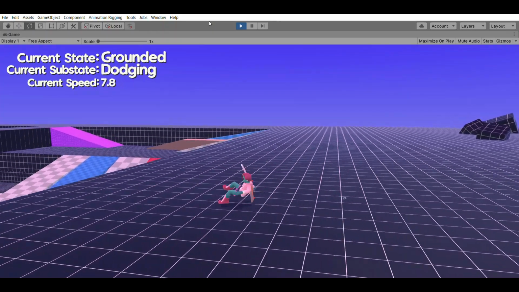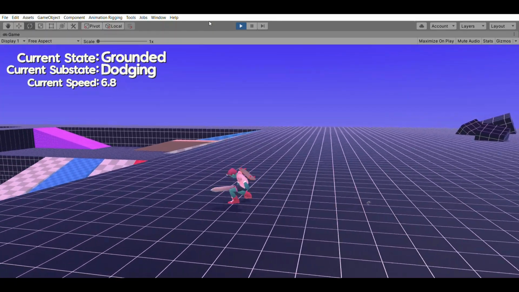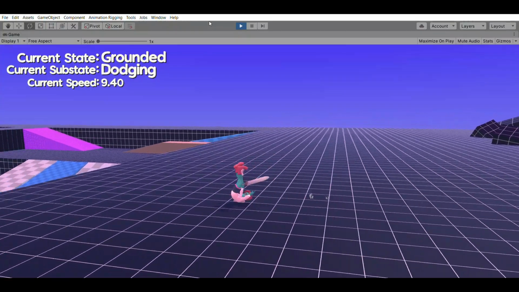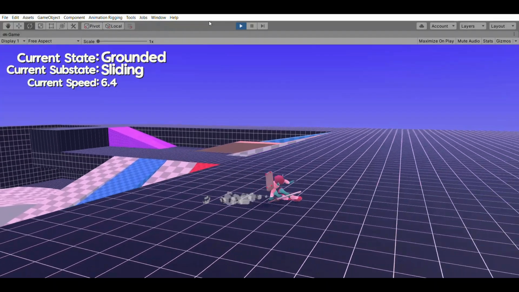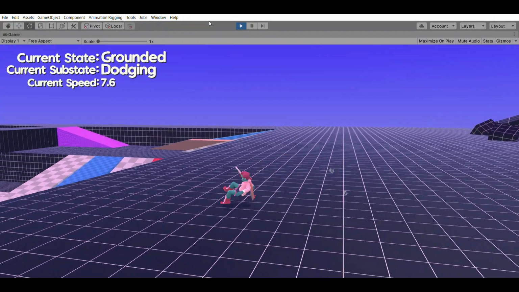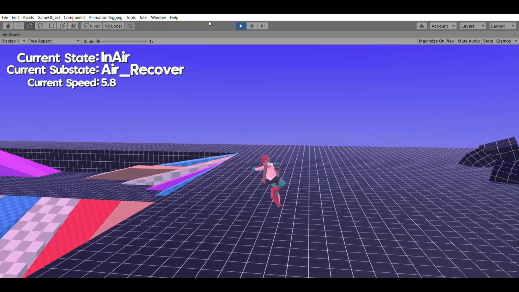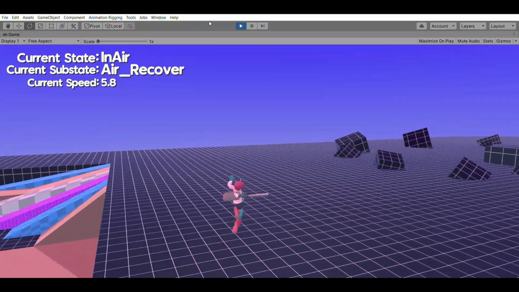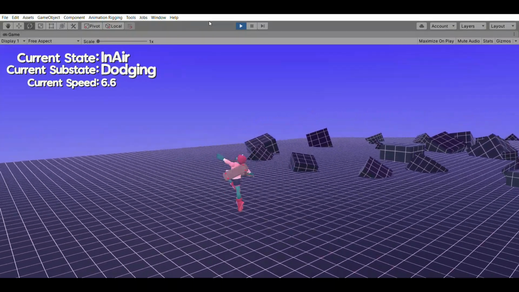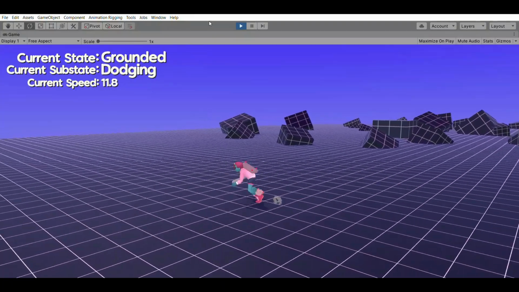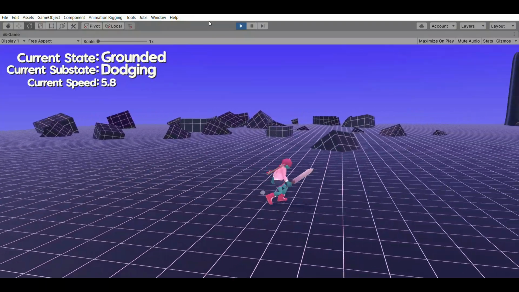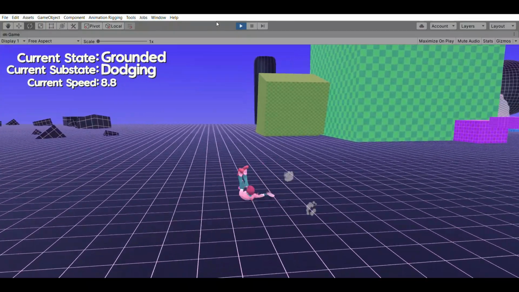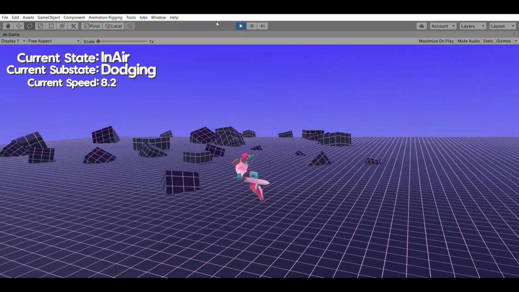The way the system works coding-wise, as far as the movement goes, is it's very simple. As always, it's a substate system, which is an override of your current movement inputs. So all this does is it clamps what your speed is going to be based on your dodge inputs. It slows this down based on if you're in the air or on the ground, based on a dodge dampening input, and then it makes it so you can't rotate as easily if you're in the air, or you can't rotate very much if you're on the ground. And your movement direction on the ground is your transform forward, while your movement direction in the air is your saved